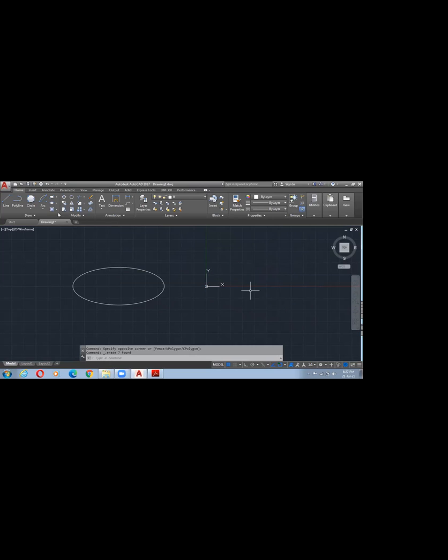It will start with the center and then the first diameter and second diameter. First radius from the starting edge point to the second edge point, and the third point for the second radius. Okay, and this hatching process I will let you know in the next step.